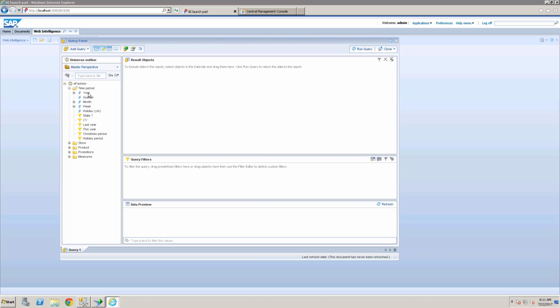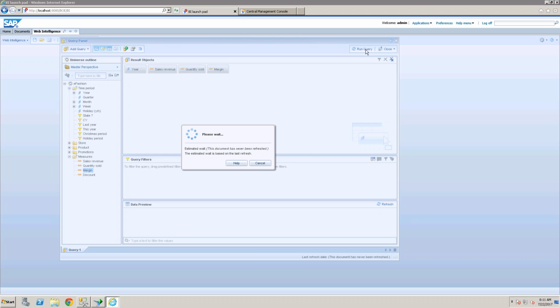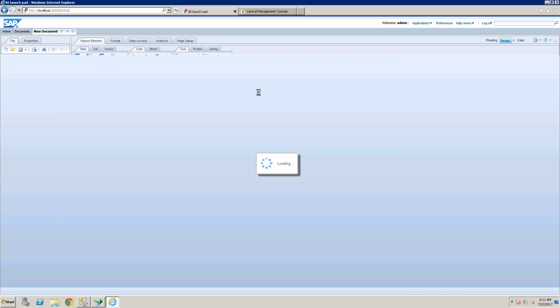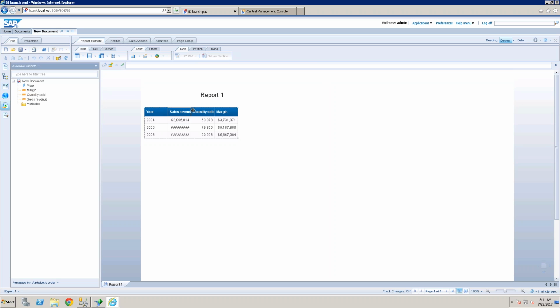I'm just having the year object, sales revenue, quantity sold. Now I'm also having the margin. Run a query, which will bring you all the year-wise sales revenue, quantity sold, margin data. So this is something called a summary report.